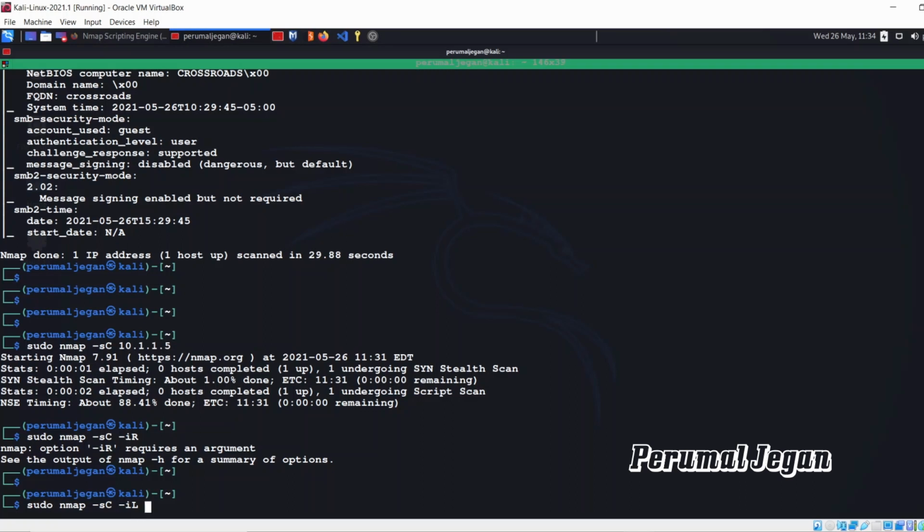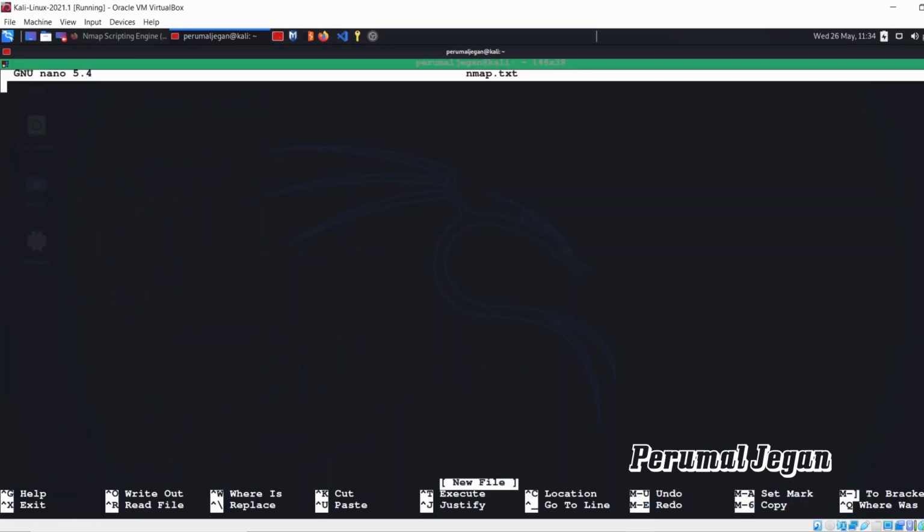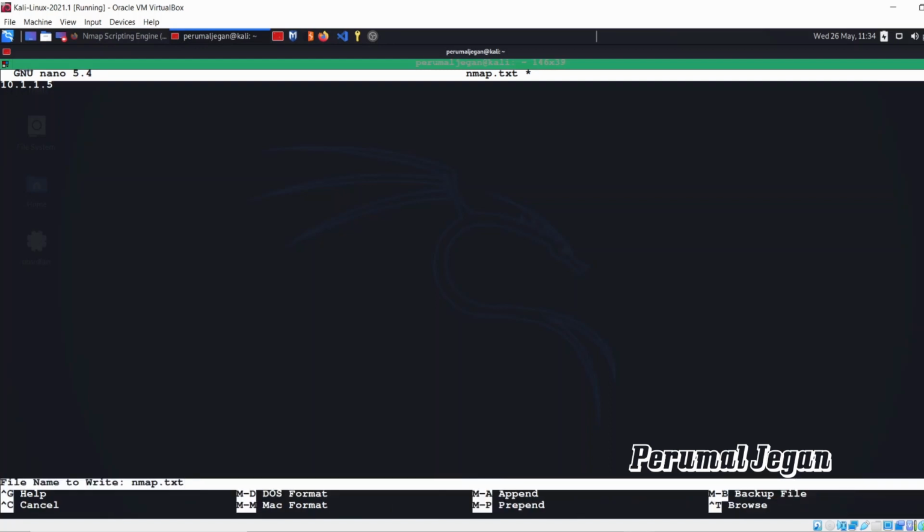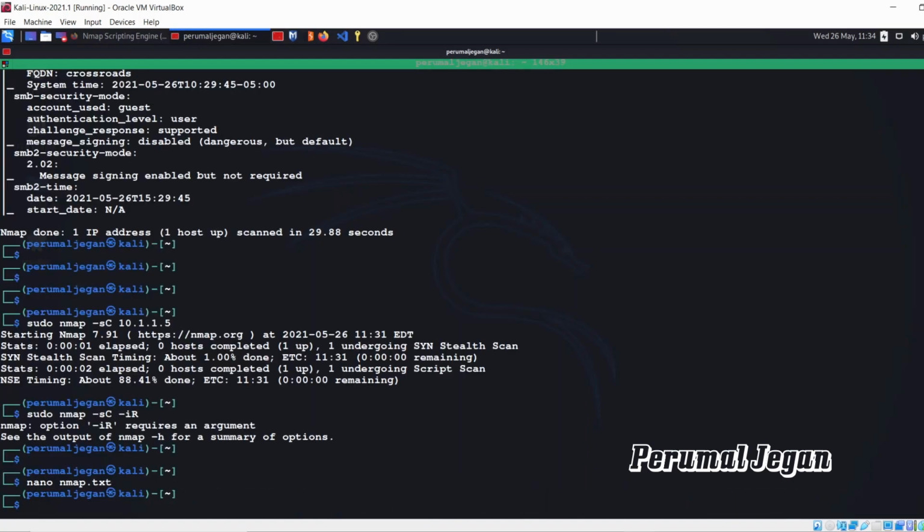Okay, before doing that, let's create a file using the nano command, and I'm going to create one file called nmap.txt. In that file, I'm going to add the host that I want to scan. Perfect.